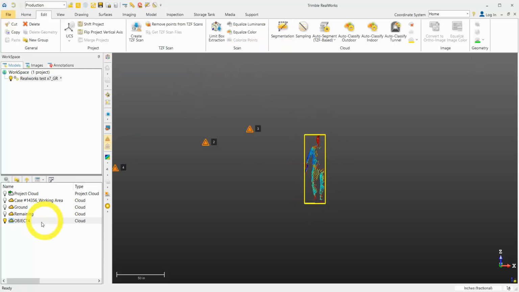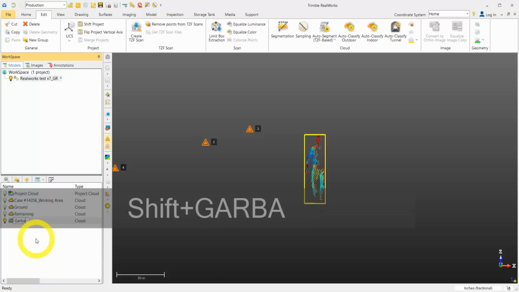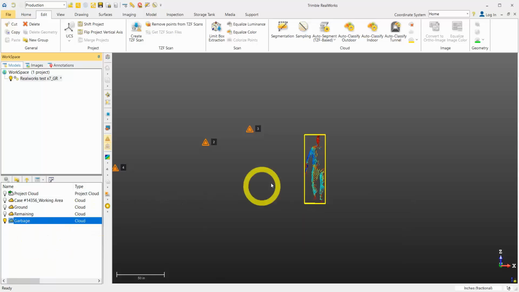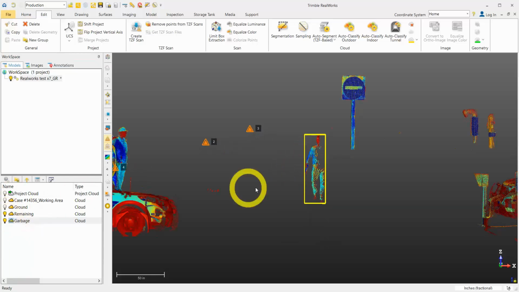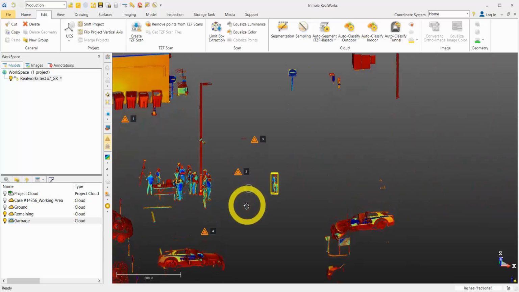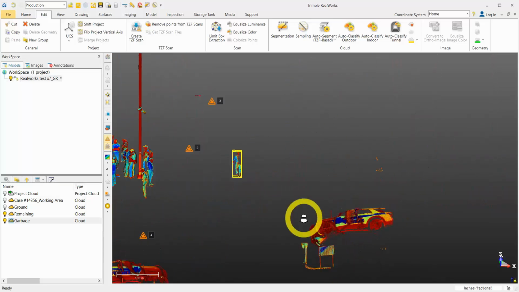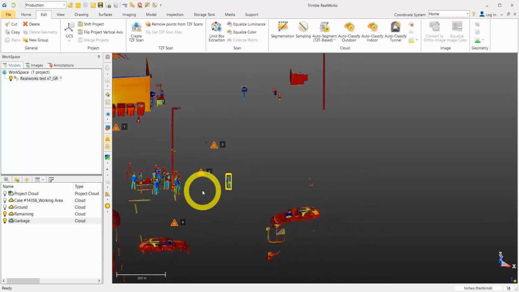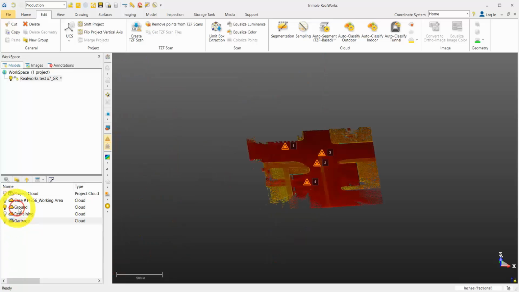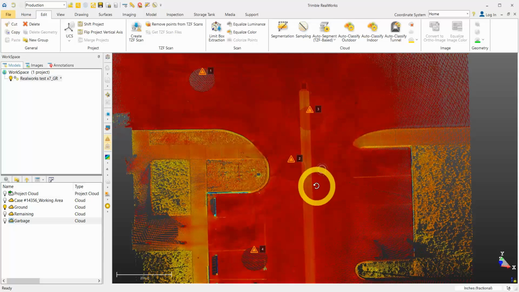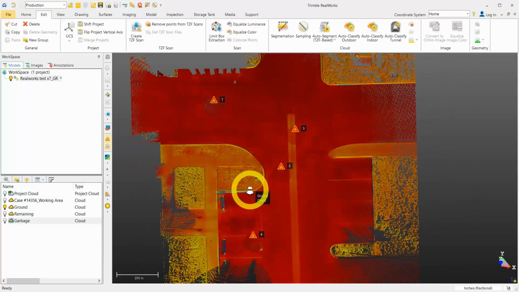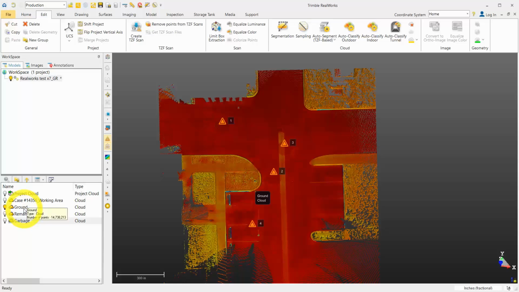close my limit box. I then created a new object cloud. And maybe I would call this garbage. So that's going to end up being an object layer that we're not going to export. You can see it here. I have the cars. Maybe I was going to isolate those cars and put them on their own object layer. There's a lot of things you can do with classification. But if I was just looking to get just the ground, it does a really good job of just getting the ground. And then I will,